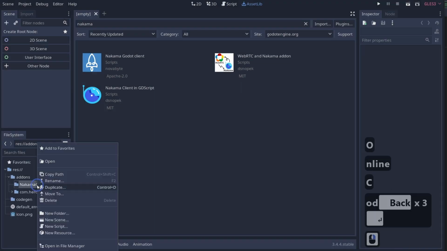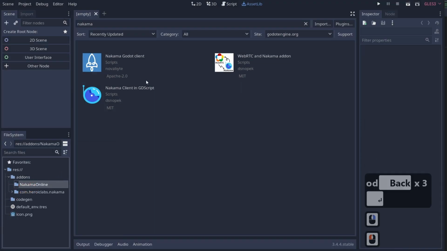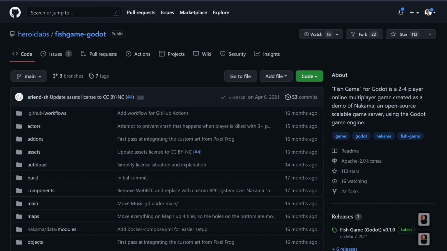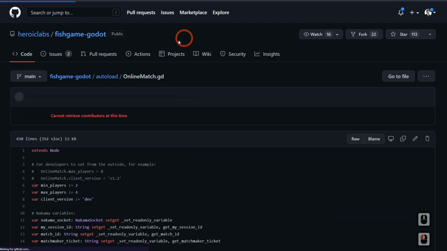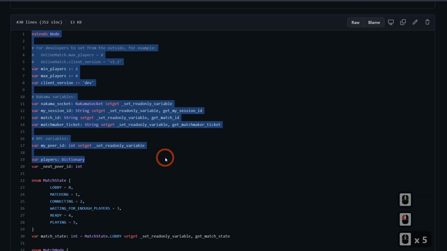Nakama Online. And I'm going to go ahead and go out to their demo fish game here. They actually have a section in here for the autoload section here. So if we come into here and we take a look, we have an online and an online match. Now, those are the two things that we really need out of here. So let's go ahead and just kind of open up both of these guys and basically just grab this code